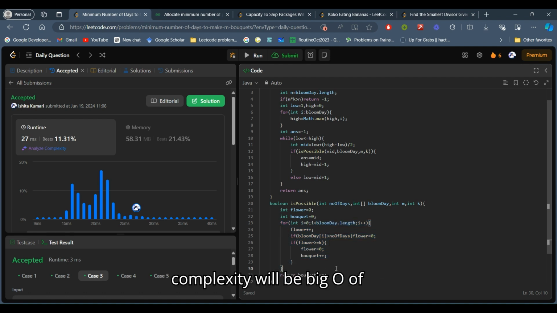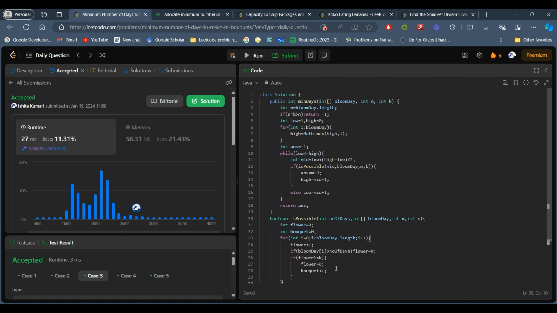So the whole time complexity is big O of n log max, where max is the maximum bloom day value, and the space complexity is big O of 1, because we are not using any data structure to store values.